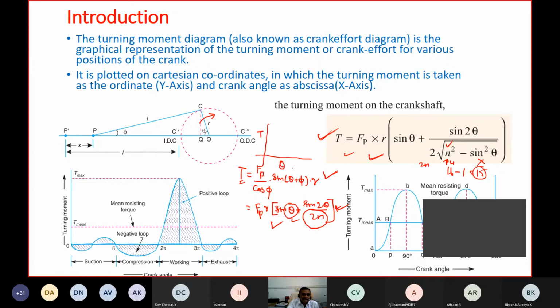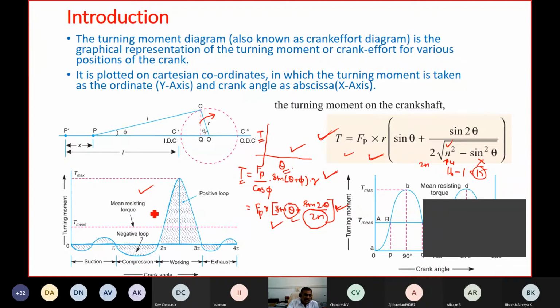Position of the crank, theta. It will give you a graph. This is known as the turning moment diagram. The turning moment diagram is the graph drawn between the torque produced and the angular position of the crank. So now you can see this is the turning moment diagram for